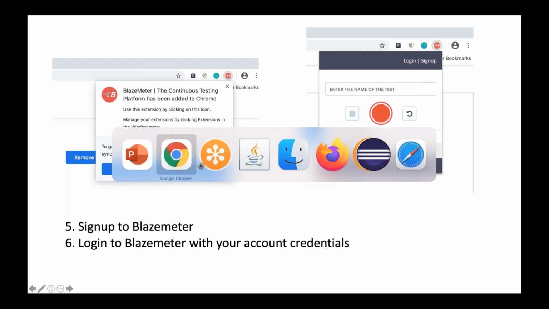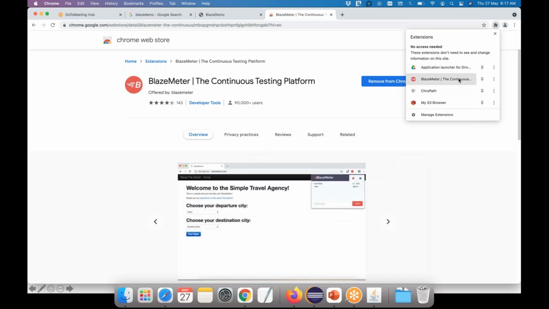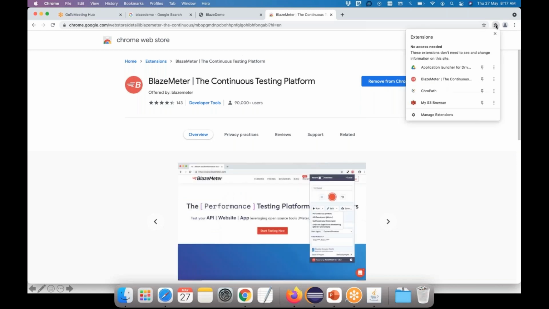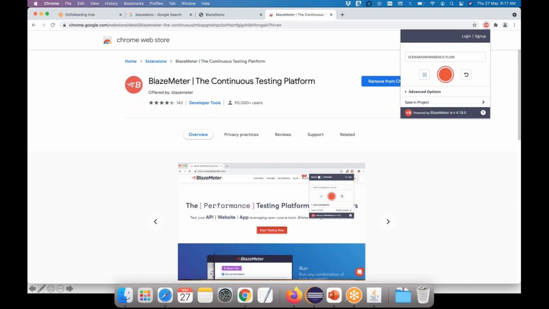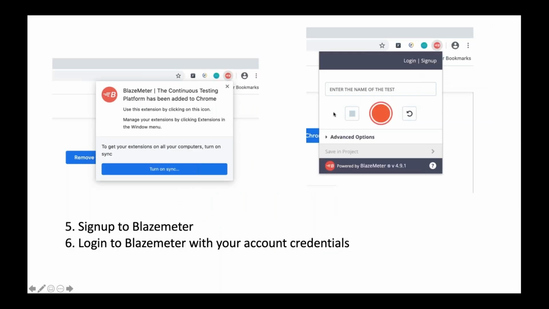Let me show it in my Chrome. As I have multiple plugins in my browser, let me click on this, the plugin icon. Even if you have multiple plugins, you can see this icon. Just click on that icon and then click on BlazeMeter. Once I click on BlazeMeter, I can see a small pop-up coming. This is nothing but the BlazeMeter plugin for our Chrome. This is the way we open it. Even if I go back, I can see a similar pop-up in my browser. That's how we download and install the BlazeMeter plugin in our Chrome browser.